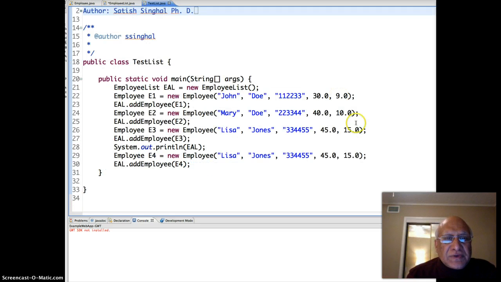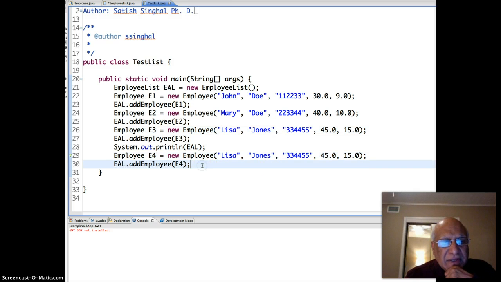test list. So test list has an employee list EAL, and E1 is John Doe, E2 is Mary Doe, E3 is Lisa Jones. E4 was not added because there was a duplicate social security number. So if I want to print, according to this, John Doe will be the first, index 0, Mary Doe will be index 1, and Lisa Jones will be index 2. So let's print